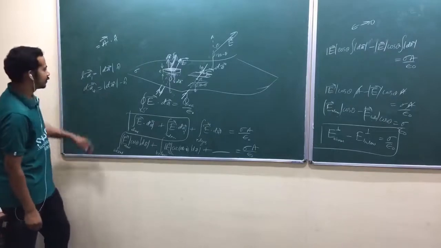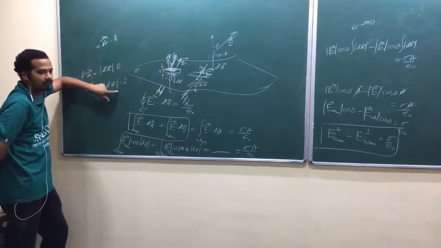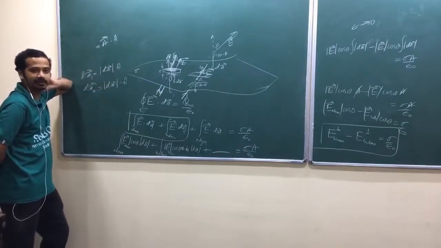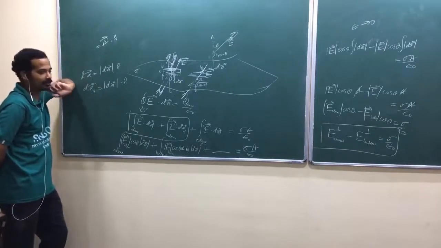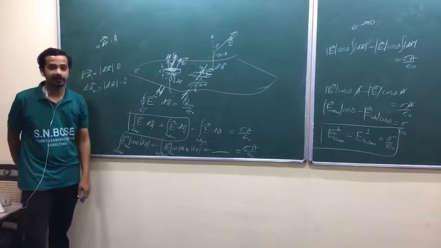Isn't it? Now I'm going to take the dot product of the electric field with this one, the dot product of the electric field with this one. Let me grab that negative sign outside. That's the best idea. Is that okay? I don't have to go for geometry at all. Isn't it?